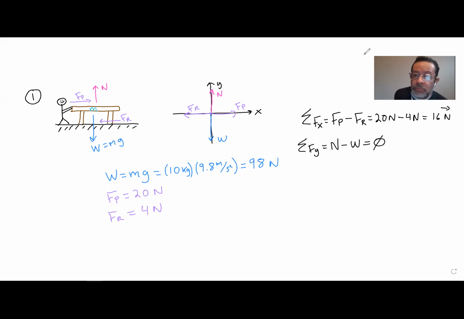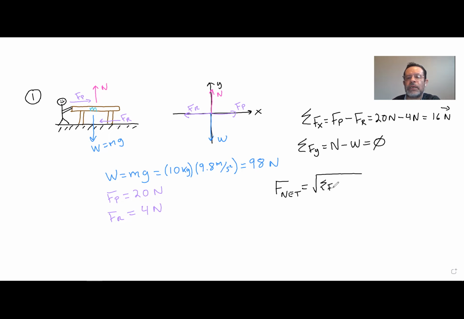Okay, so there's no movement in Y, so the normal and the weight cancel each other out. So the sum of the forces in Y is going to be equal to 0. So the net force that's happening in this situation, I'm going to call this the net force, is always going to be equal to the resultant force of the